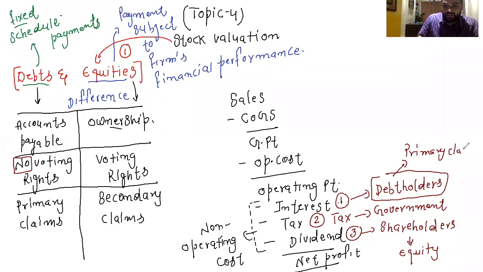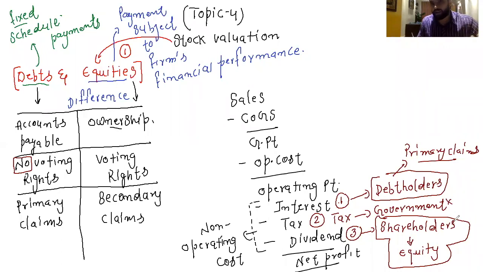Primary claims. Who has primary claims? Of course, debt holders. That's why I'm writing here primary claims, which belongs to debts. And once we have paid debts, then we pay the shareholders. Of course, after government, I ignore government here because we are not raising any money from governments, right? We're raising money from debts, so we are paying interest, or we're raising money from equity, so we are paying a dividend, right? So then shareholders, they're going to have